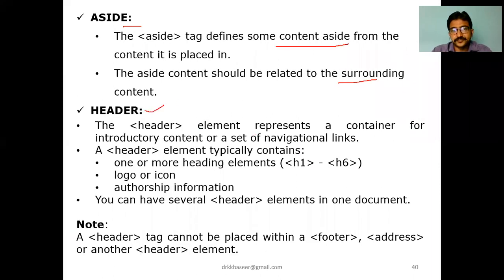Next is the header. The header part is like a heading. We have H1 to H6 headings. Already we have seen in Word, we have boxes like heading 1, heading 2, heading 3, heading 4, heading 5, heading 6. Among the headings, H1 looks like a bigger heading. H2 is a little bit less, H3 a little bit less, H4 less than that, H5 less than H4, H6 less than H5. As the number increases, the size of the heading content is reduced. So that is the purpose of the header element.